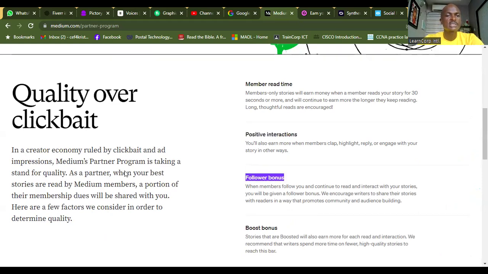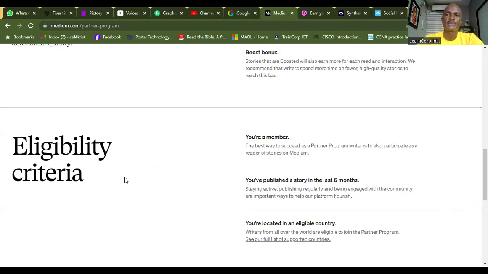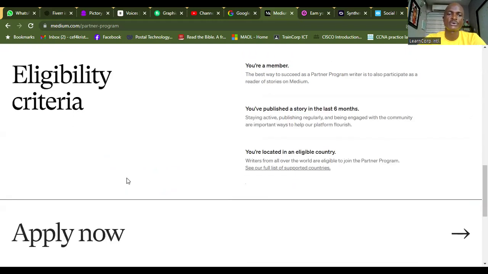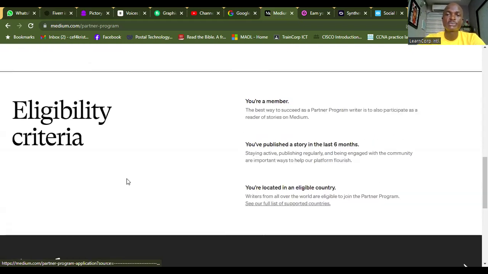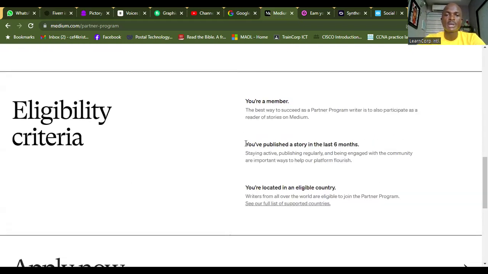You put up your work out there, all right? You become a blogger for them, and you begin to earn from them. By the time you've published a story, at least 6 months, staying active, publishing regularly, and being engaged with the community are important ways to help your platform flourish.